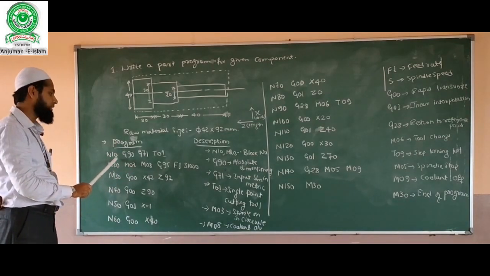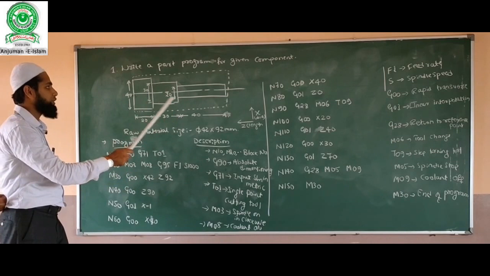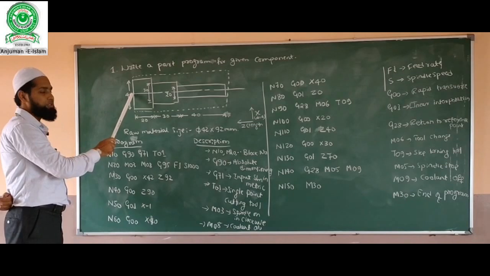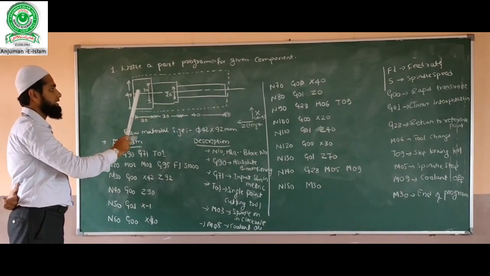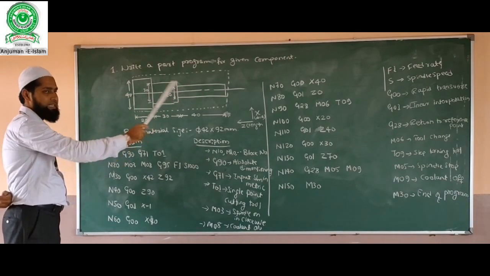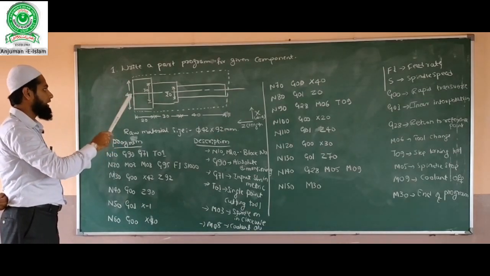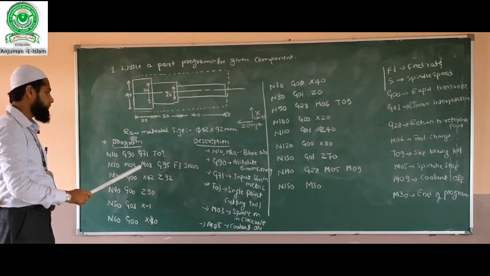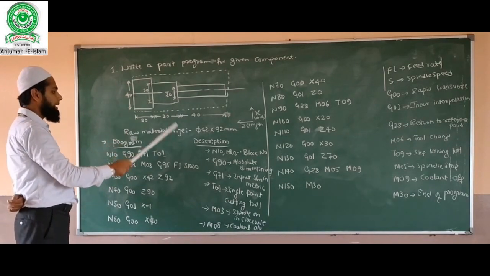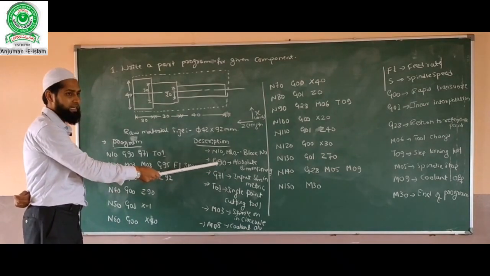That is first N10, which means block number. The first command is G90, which means absolute dimensioning, where the tool will take the dimension from the reference point. If you give Z0 here, then Z20, Z30, Z40 like this is the length of the component, this is the Z direction. Afterwards X40 means the diameter value is 40. Here absolute dimensioning means the reference point is fixed, but for incremental dimensioning we have to change the code to G91.